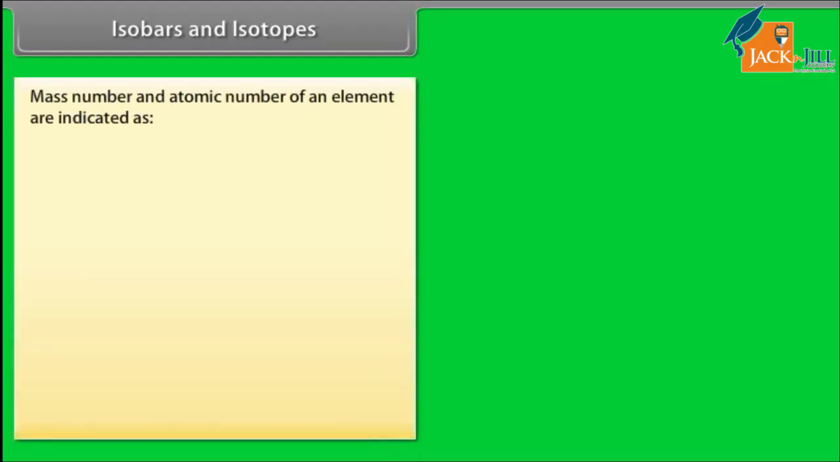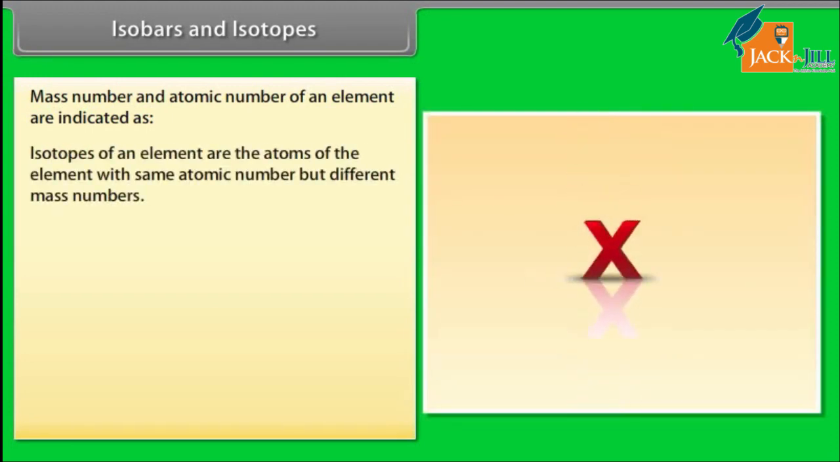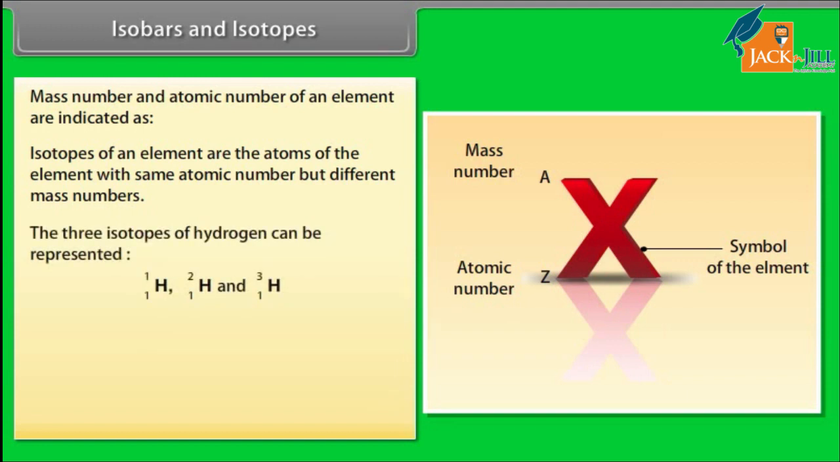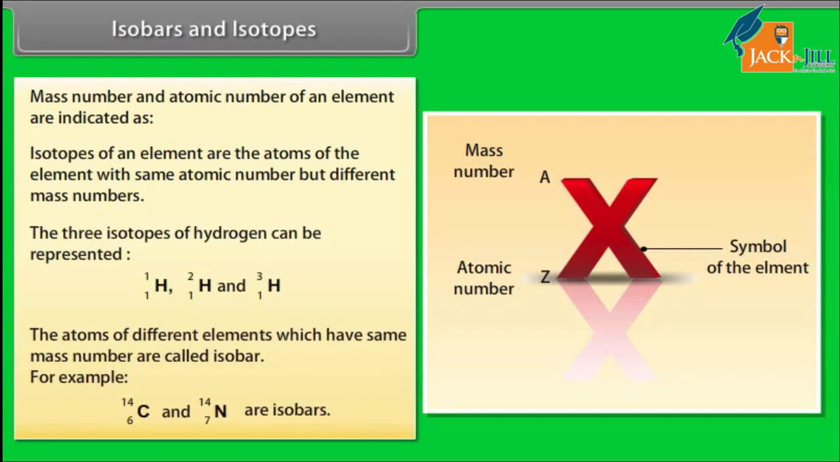Isobars and isotopes. Mass number and atomic number of an element are indicated as shown. Isotopes of an element are the atoms of the element with same atomic number but different mass numbers. The three isotopes of hydrogen can be represented. The atoms of different elements which have the same mass number are called isobars. For example,